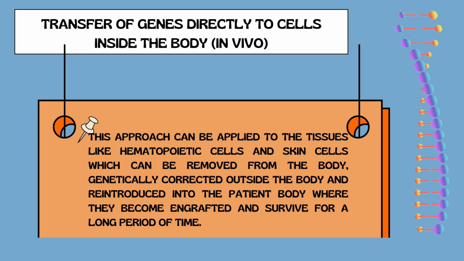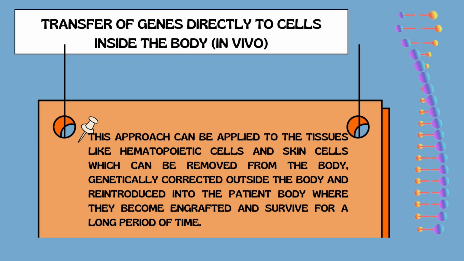This approach can be applied to tissues like hematopoietic cells and skin cells, which can be removed from the body, genetically corrected outside the body, and reintroduced into the patient's body, where they become engrafted and survive for a long period of time. This approach, known as autologous cell therapy,